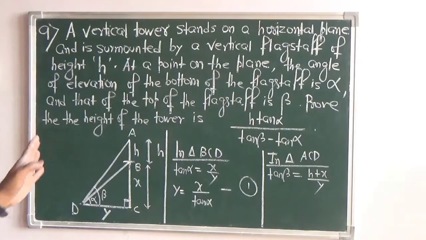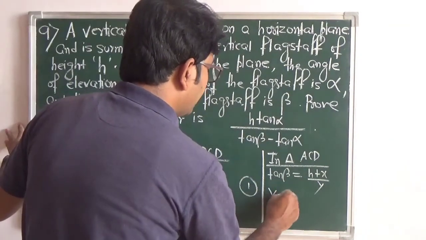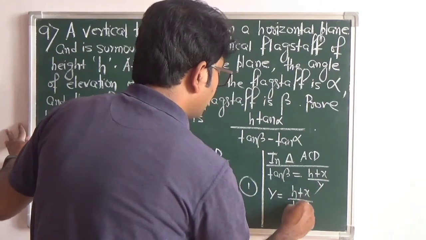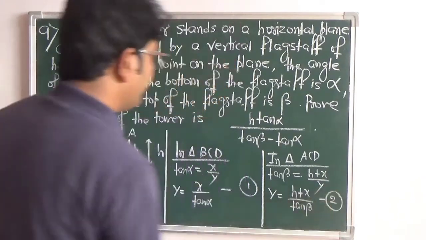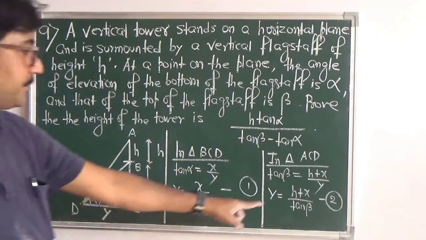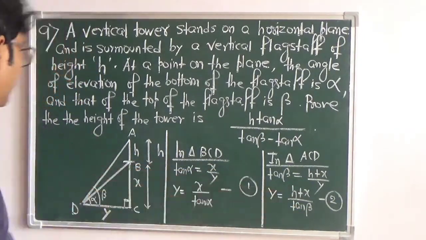This is h plus x by y. From here we have y equals h plus x by tan beta. Let us name it as 2. So from 1 we have y equals x by tan alpha, and from 2, y equals h plus x by tan beta. So equating these two from 1 and 2,